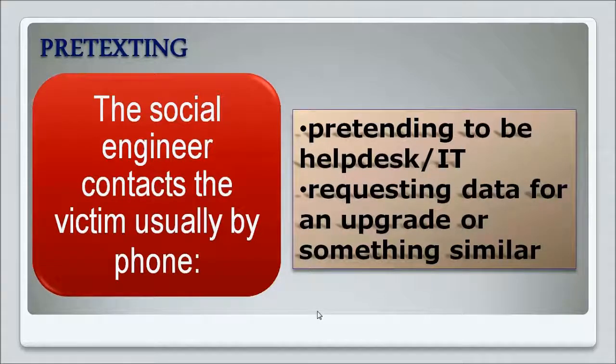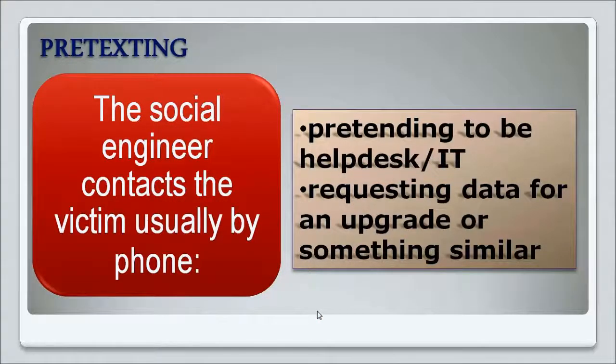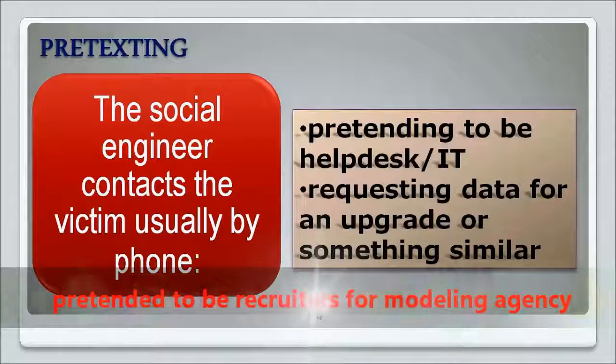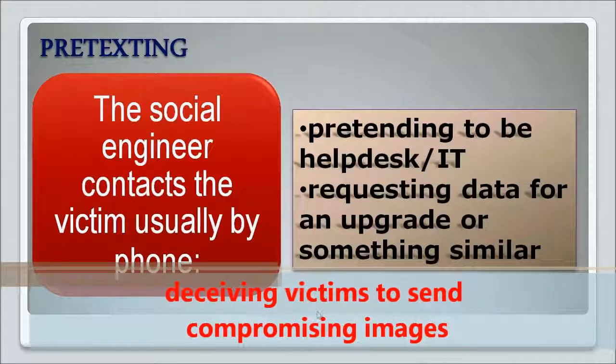When the customer service officer asked to speak directly to the customer, the malicious individuals used a voice distorting device to distort their voice, making it sound as if it was impaired and convincing the call center employee that it was the customer with voice impairment. There was also a case of some scammers who pretended to be recruiters for a modeling agency. These tricked women and girls into sending them nude photos.